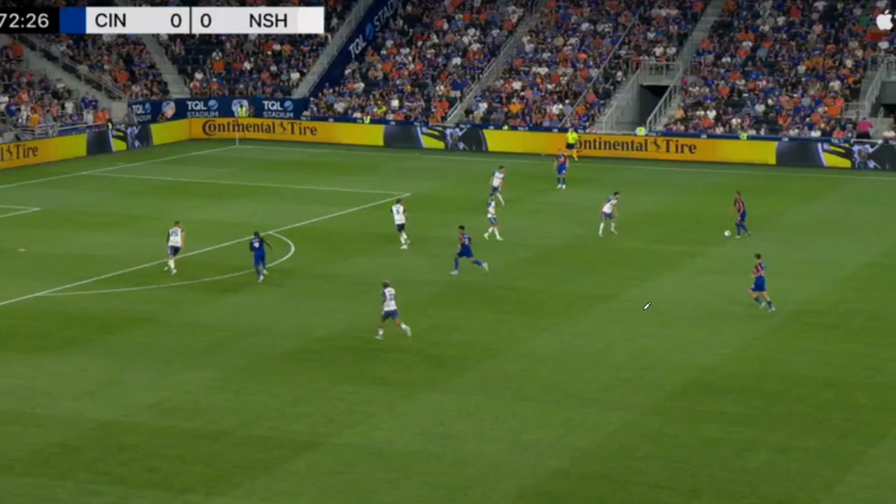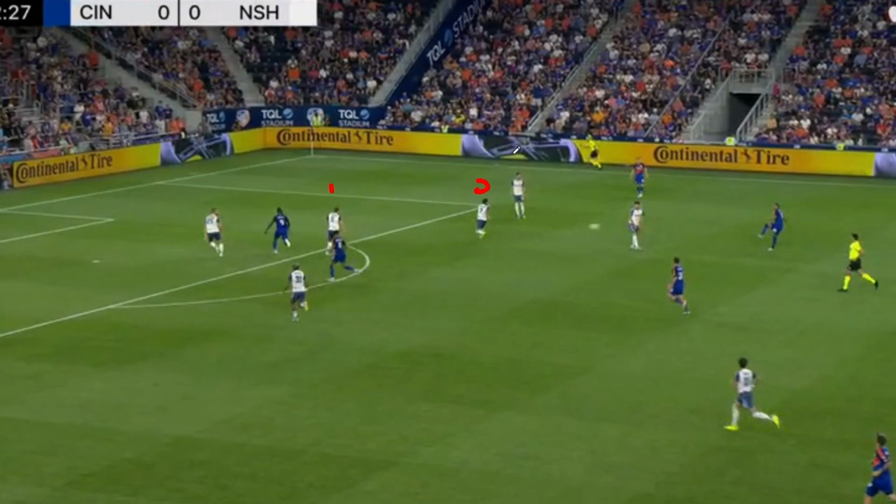The ball ends up being played in, and one, two, three, four players are caught completely flat-footed, either going the wrong way or just standing still. Zimmerman is about 5 yards deeper than everyone else. Nobody's holding the line, which keeps Denke onside and leaves space for Brennan to run into, and it ends up